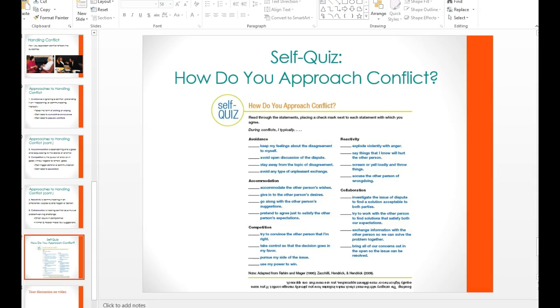I'm sure you've already taken the self-quiz, How Do You Approach Conflict? Go through this and then go back and look at what Wilmot and Hocker said and those 4 major points. Don't attack people, attack the problem, focus on common interests and long-term goals, create options before arriving at decisions, and critically evaluate your solution. See if you can change some of your habits to accommodate this.